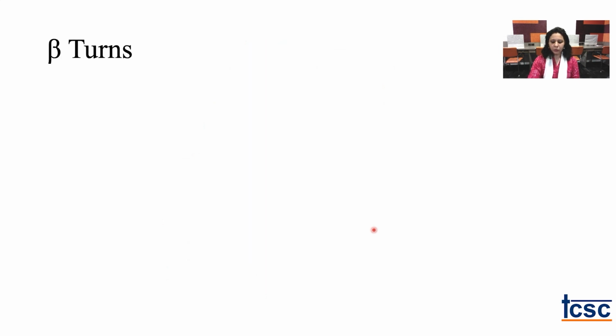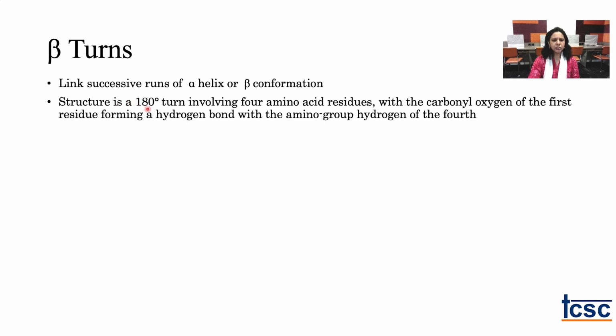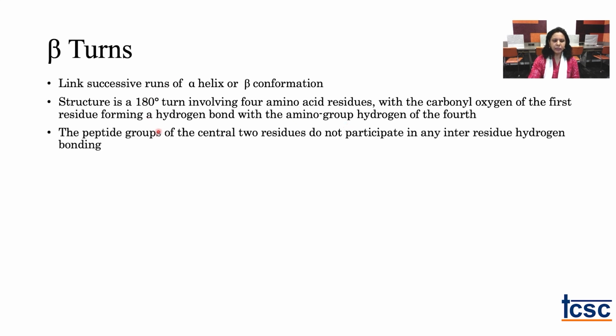Beta turns are basically for linking successive runs of alpha helices or beta conformations with each other. The structure is a 180-degree turn, which involves 4 amino acid residues. In this, the first amino acid and the fourth amino acid usually are hydrogen bonded for stability of the structure. The peptide bonds of the two central residues do not participate